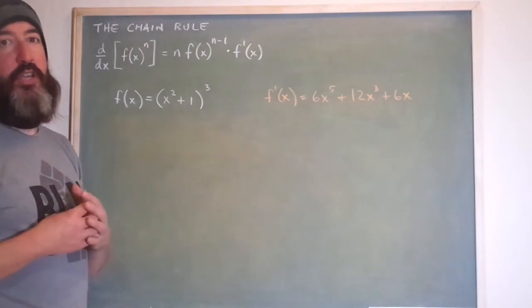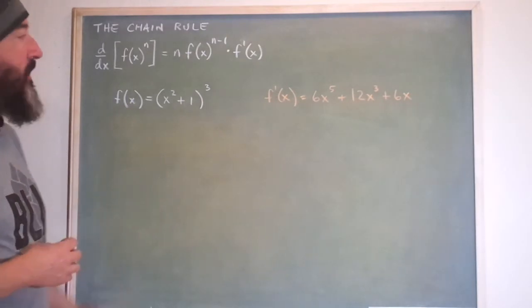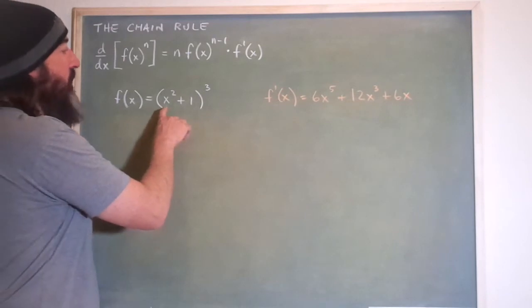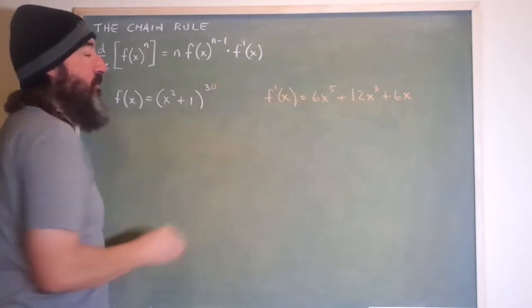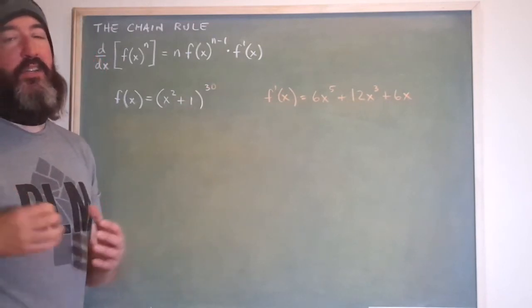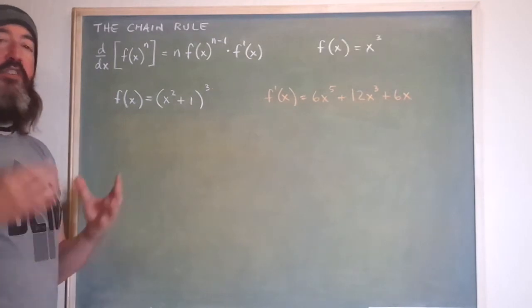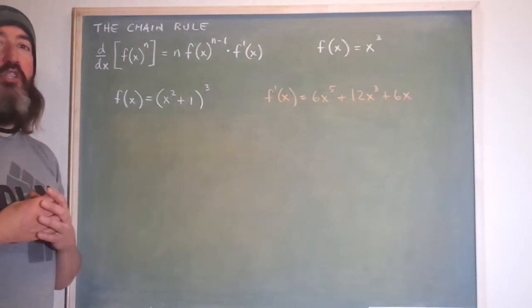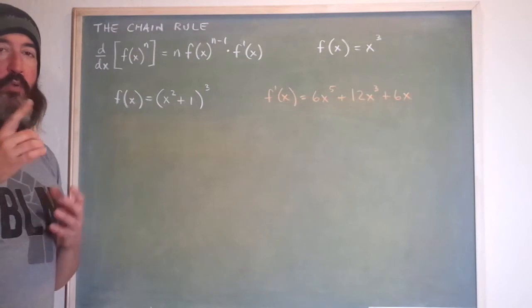Now, as I'm sure you can imagine, you wouldn't want to use that process if we were trying to get the derivative of x squared plus 1 to the power of 30, and that's why we need to learn the chain rule. Now, the chain rule is very similar to the power rule, so let's just quickly review how simple